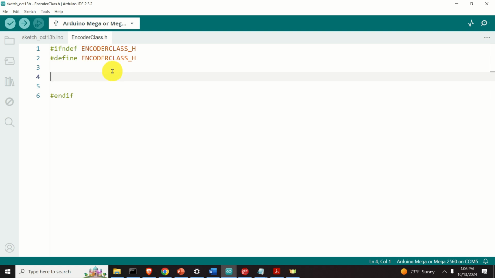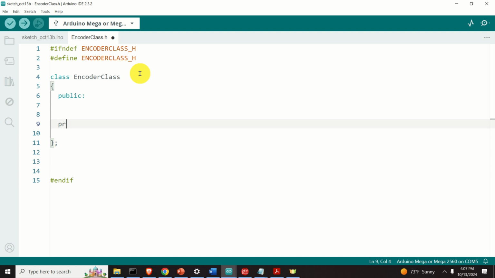Okay, so let's define our class. I will call the class encoder class. Here it's very important to make sure that the name of the class matches the name of the file. Okay, so let's start defining the class. Don't forget to start the class and to end the class like this. First of all, let's type public for public functions and private for private member variables. The private member variables are